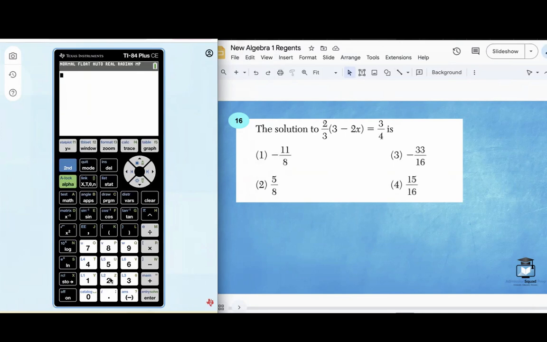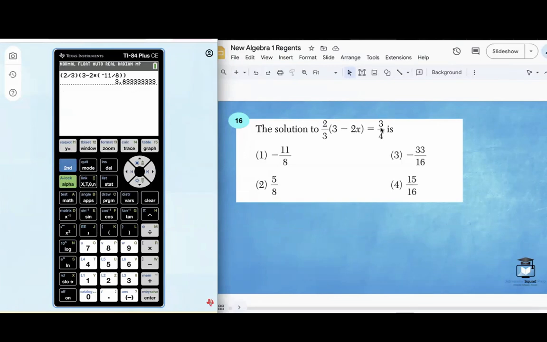So we're going to start off with 2/3. So notice 2/3 is being multiplied. So I'm going to put 2 divided by 3 in one parentheses, and then we're multiplying 3 minus 2 times, right? And now we're going to enter our answer choices. So the first one is -11 divided by 8. I'm going to close out this parentheses for that first potential answer choice, and I'm also going to close out the parentheses for the binomial 3 minus 2x, and I'm going to press enter. Notice our answer is